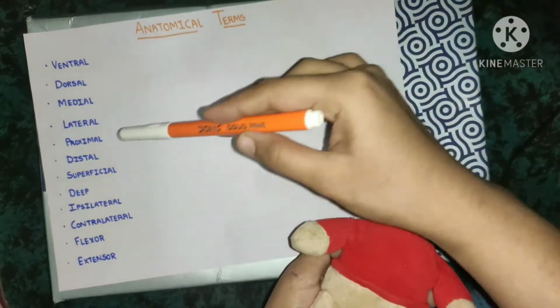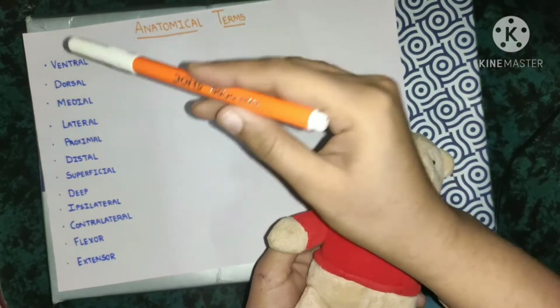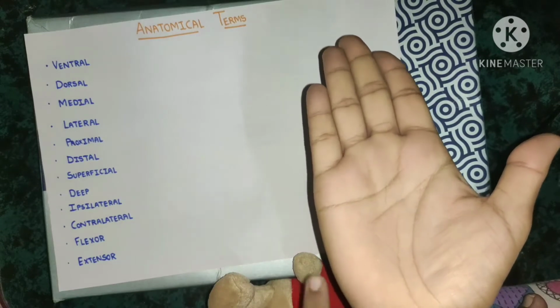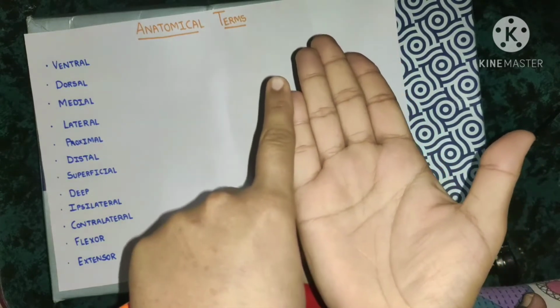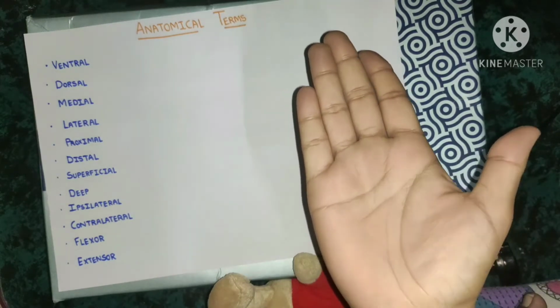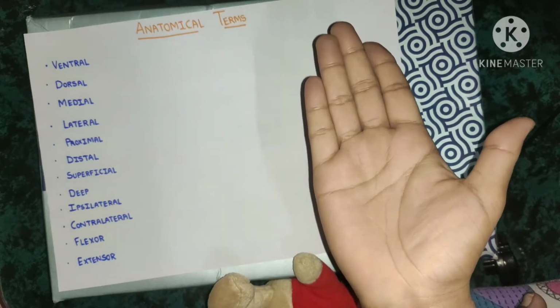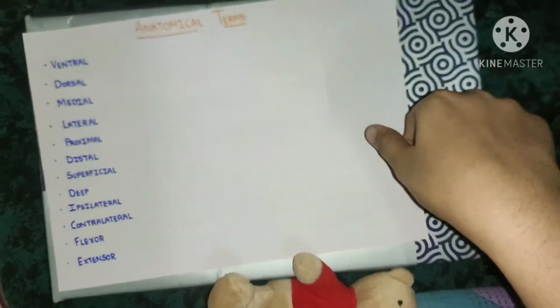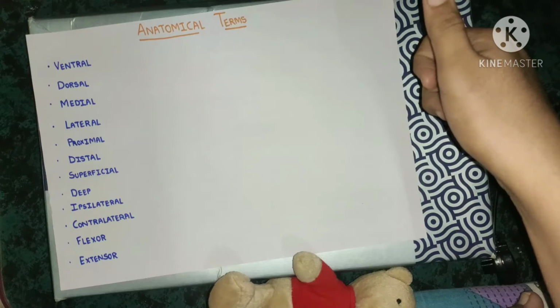Now what is proximal and distal? One more thing. When we look at anatomical position, then these things happen. So may I say that my little finger is located medially whereas my thumb is located laterally. But in case of our leg, what will be there? Our big toe is located medially and little toe is located laterally.